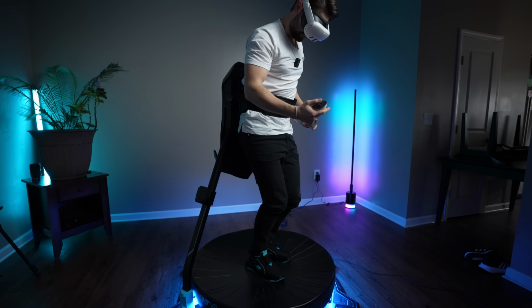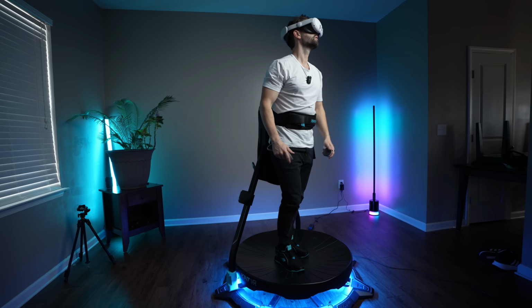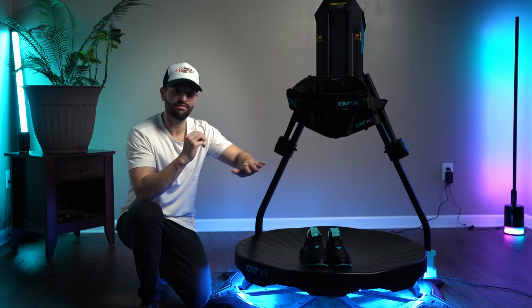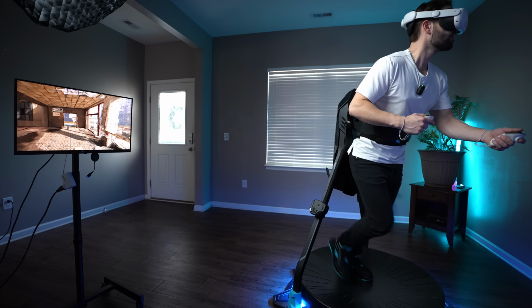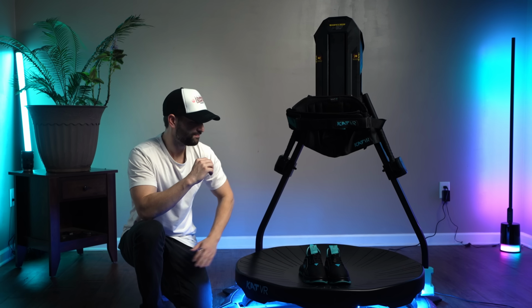This contraption you see me in is the Catwalk C2 Plus from Cat VR. It's an omnidirectional treadmill that's seemingly supposed to take everything I've ever known about video games and change it all. So I spent $1,300 to get my hands on one for you guys to make a video and find out